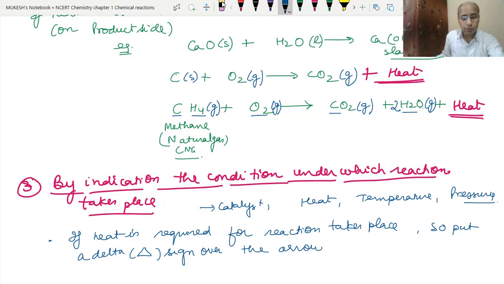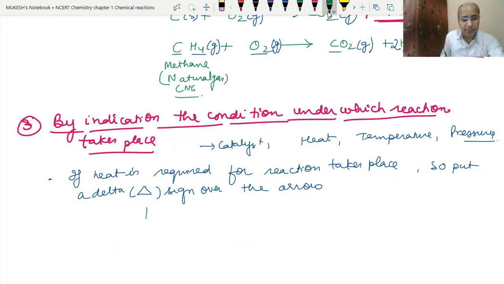Clear? Like we had seen one equation in the last, KClO3 arrow heat, either we can write heat here or we can put the delta sign also, and potassium chloride is formed and the oxygen gas is formed. If we balance this, we'll have to put 2 here and we'll have to put 3 here, because then it will become 6 oxygen and 6 oxygen here, but because of this there have been 2 potassium and 2 chlorine, so we will have to put 2 here.